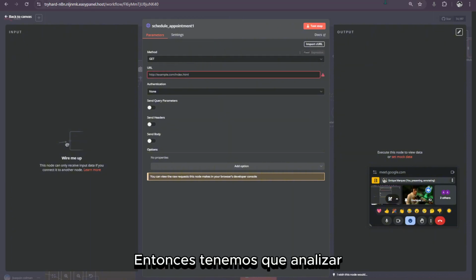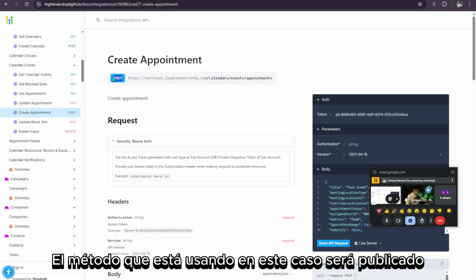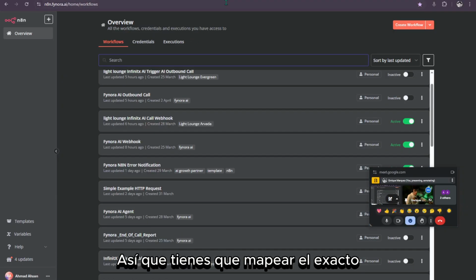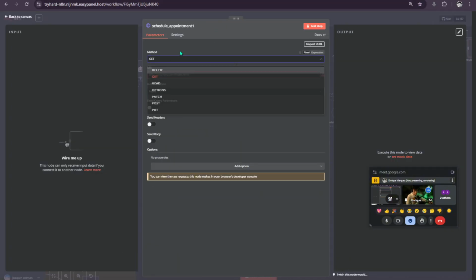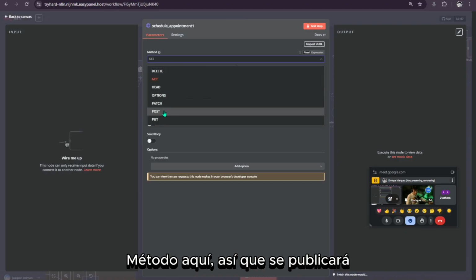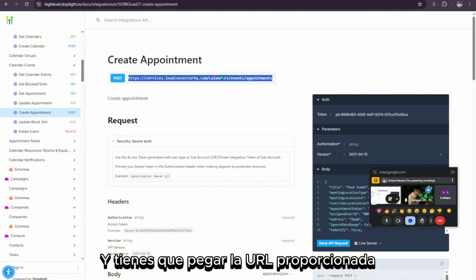Then we have to analyze what's the method that is used. The method in this case is going to be POST. So you have to map the exact method here. So it's going to be POST. And you have to paste the URL provided